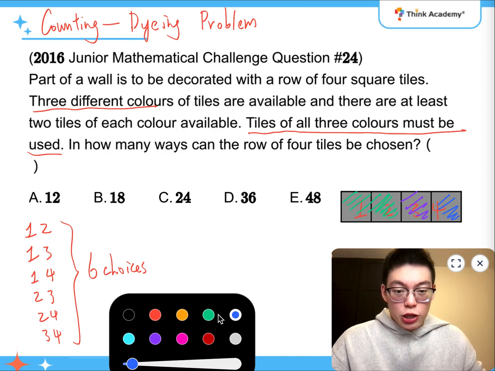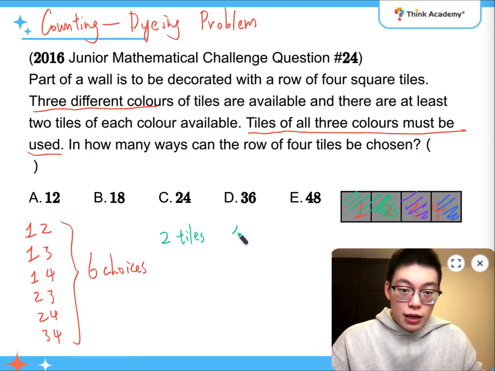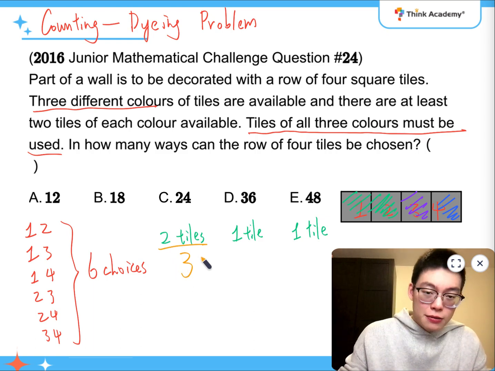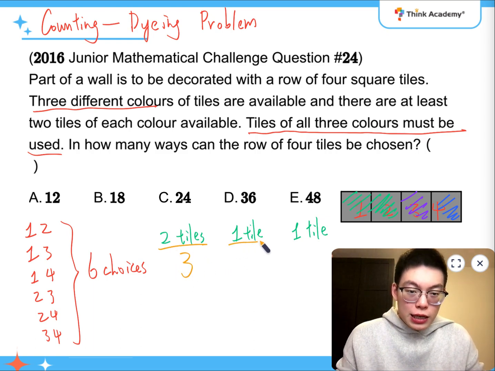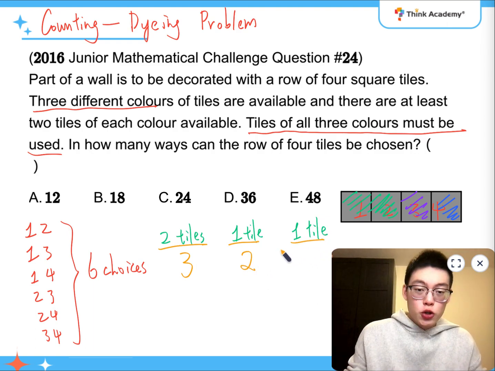Or if you want to do it the numeric way, well, the first set of colors has 2 tiles, and then 1 tile, and then 1 tile, right? So the first set to choose the color is going to have 3 different possible colors to choose from, right? And whichever color goes to the 2 tiles, the next set is just going to have 2 colors remaining. And whatever the colors go to the first 2 sets, the last set would have no choice but to take